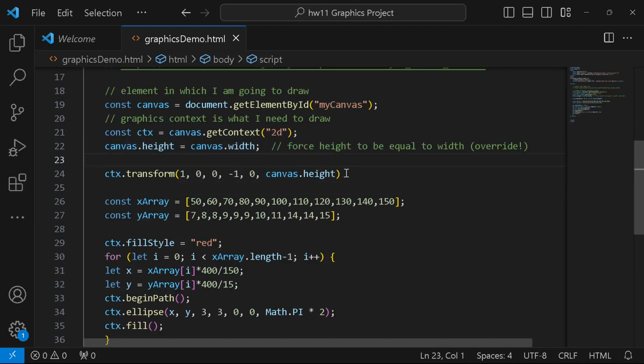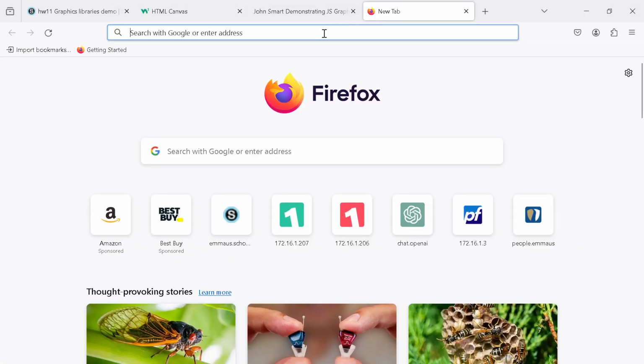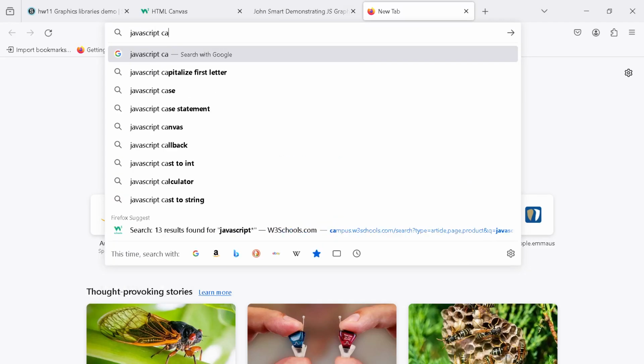Now this, one reason I could look up on a reference manual what transform is, but basically I'm saying it's reversed, or say large positive Y is top. Remember, the normal graphics is 0, 0 is upper left corner. We are reversing that. And if I wanted to verify that, I could look up online JavaScript canvas